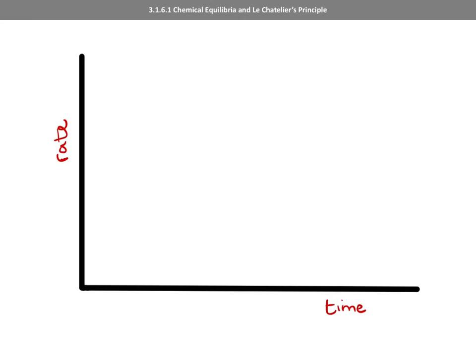So the forwards reaction was reactants to products as far as we were concerned in our example. So the rate is greatest at the beginning, and then the rate decreases because the concentration of the reactants decreases. So the frequency of successful collisions decreases, but then the concentration stays the same, so the rate stays constant. If we think about the backwards reaction, there are no products to form the reactants at the beginning of the reaction because they haven't been formed. Then as the concentration of the products increases, the rate of the backwards reaction increases